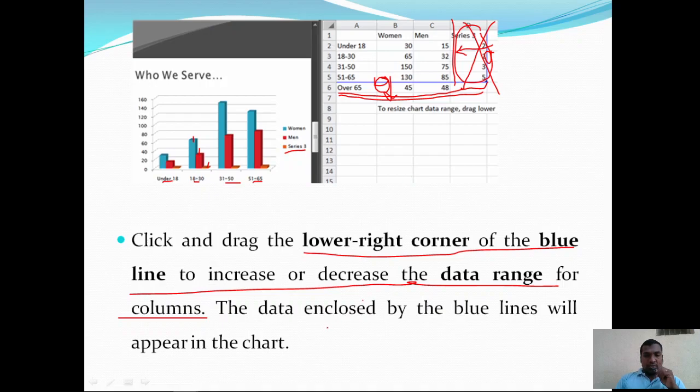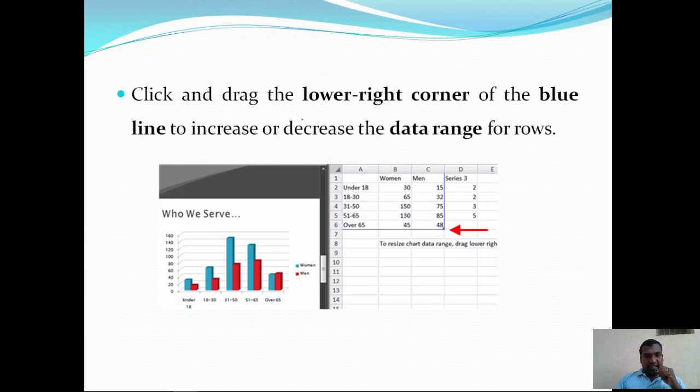Okay, so the data enclosed by the blue lines will appear in the charts. So click and drag the lower right corner of the blue line to increase as well as to decrease the data range for rows.